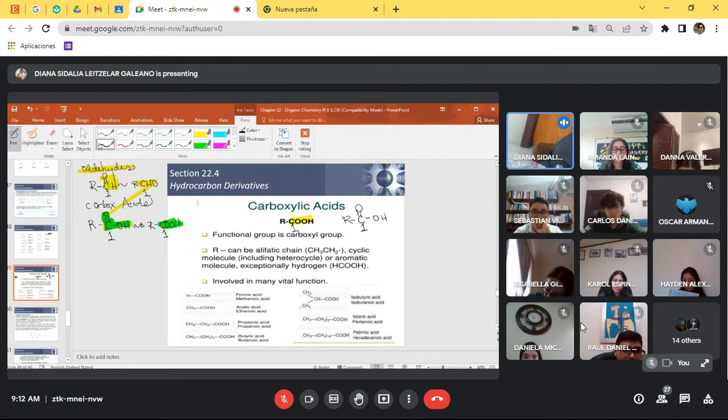So, carboxylics have a carbonyl group at the beginning of the molecule and an OH, or COOH. R means aliphatic chain, any carbon chain. It can also be a cyclic chain. Heterocycle, you can have more than one OH, one ring. It also can be an aromatic molecule, and it can also contain just the hydrogen. As you see in the example,